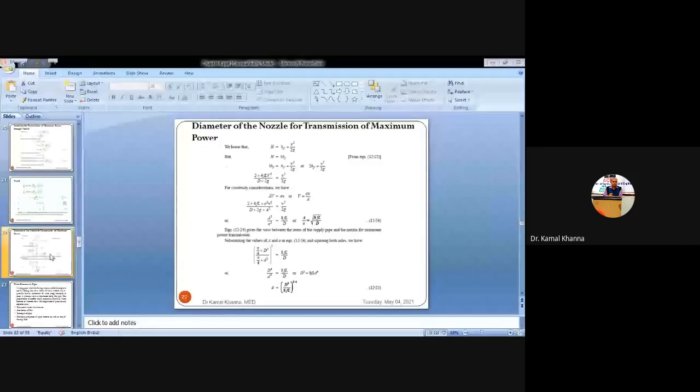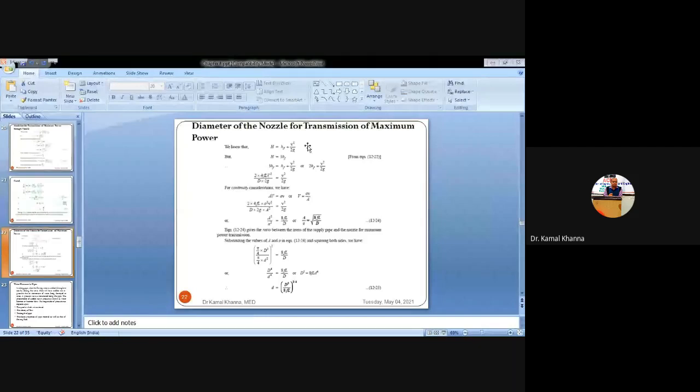We always know that we are using the same equation in all the expressions. We always know that H is equal to hf plus V square by 2g for the converging nozzle. Keep in mind that we are calculating all these conditions, all the diameters and all the power transmission only for the converging nozzle, because in the case of the converging nozzle we are getting only the kinetic head at the exit of the pipe.